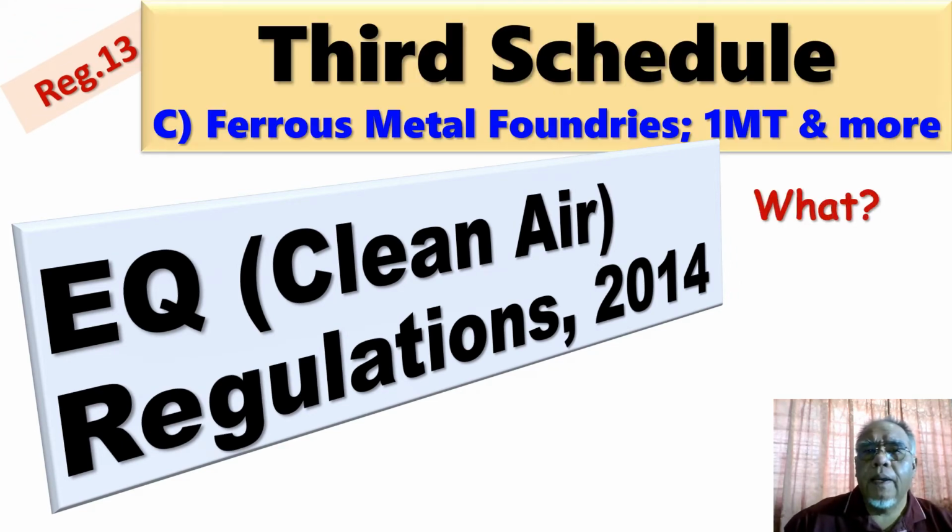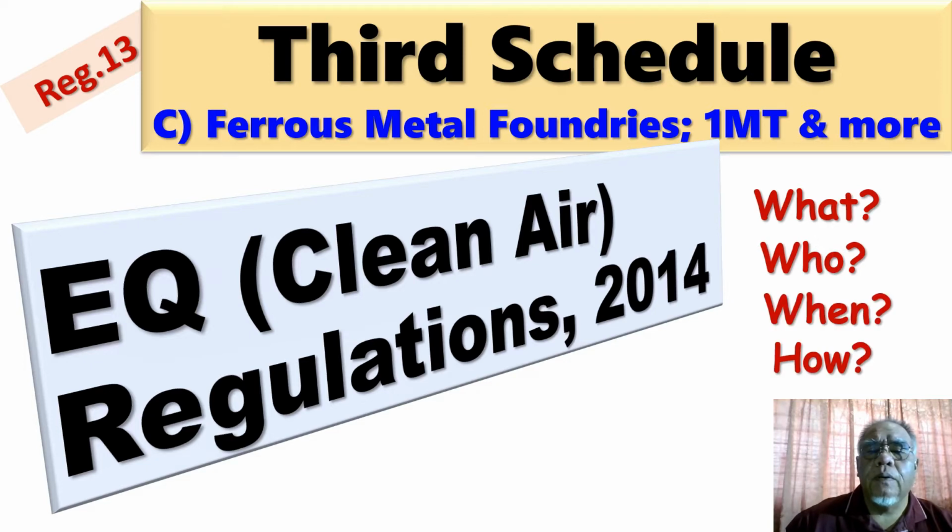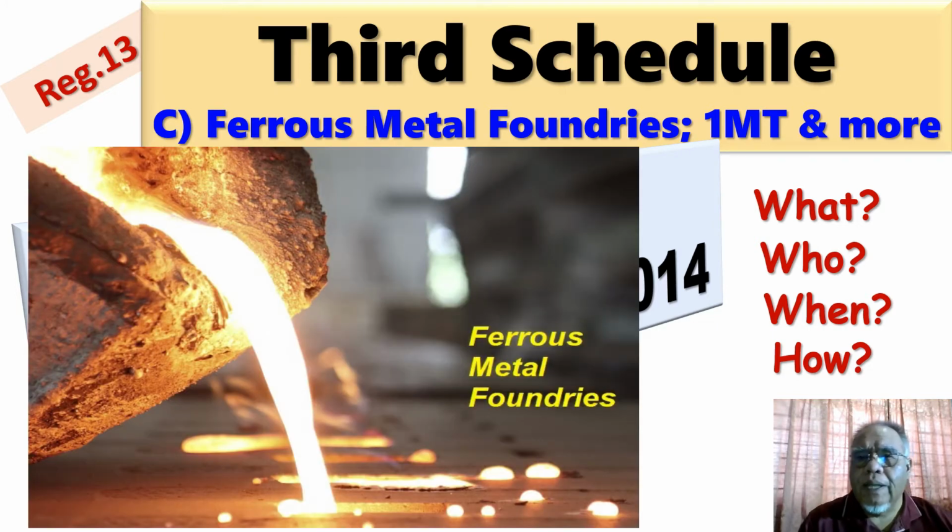Alhamdulillah, I'm back again for the Clean Air Regulation 2014, Regulation 13, third schedule. This time we are looking into another type of industry which is listed in the first schedule, and we are looking at the emission standards of the third schedule. This time is Part C of the first schedule, ferrous metal foundries with 1 metric ton or more in production